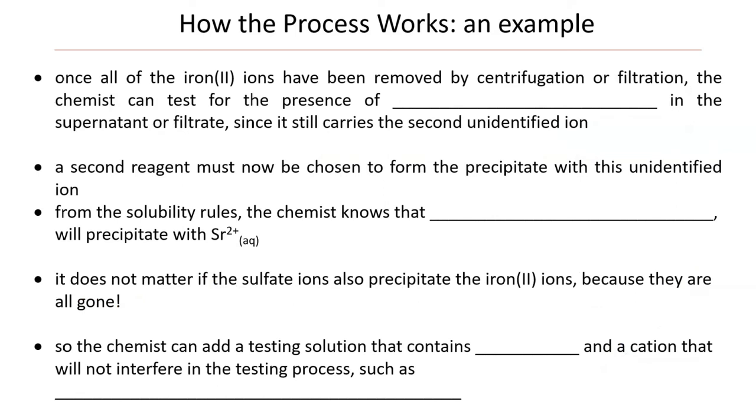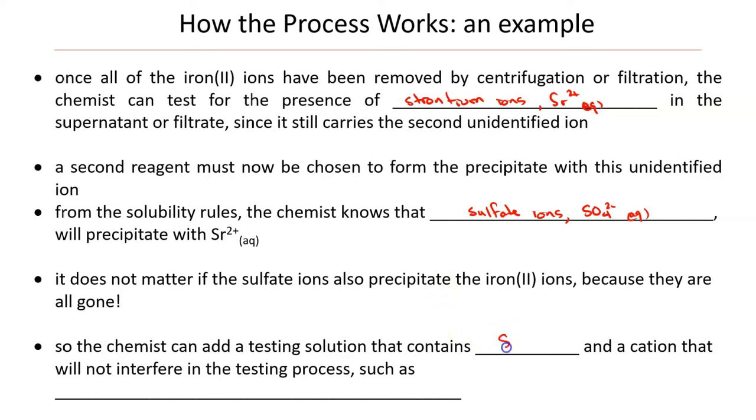Now that I've removed all the iron 2 ions, or I showed that they're not there, I can then go on to test for the presence of my strontium ions. And I can determine if strontium is present or not in the solution. And so what I can do is go and get a second testing reagent that would cause a precipitate with it, and I might decide that I'm going to use sulfate ions. Now, I know sulfate ions would also cause a precipitate with any iron 2 that's present, but since I either showed that iron 2 is absent or I removed it, then I don't have to worry about any potential